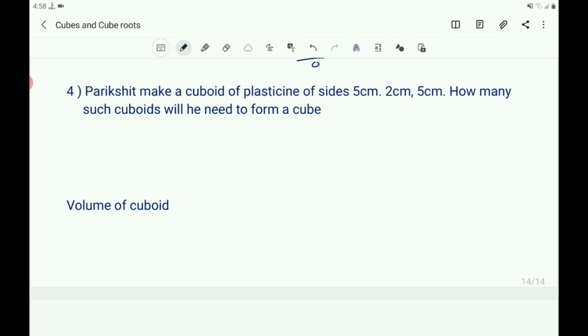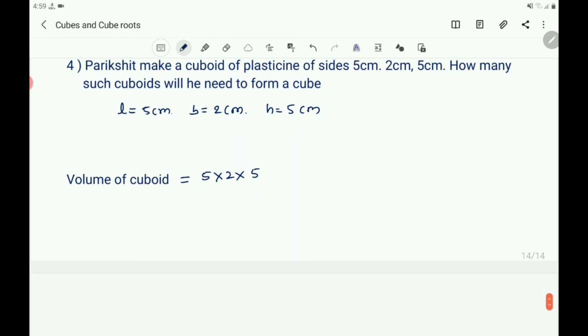So Parikshit makes a cuboid by using plasticine, and what are the sides of the cuboid? 5 cm, 2 cm and 5 cm. So let us consider here L equals 5 cm, B equals 2 cm and H equals 5 cm. Now the volume of the cuboid is 5 into 2 into 5. If you want to have a cube, here you must make the group of triplets, that is 5 into 5 into